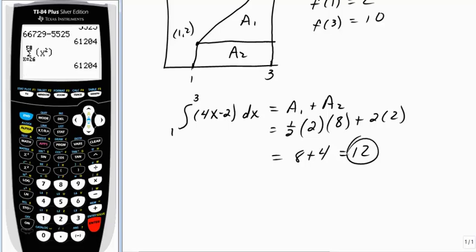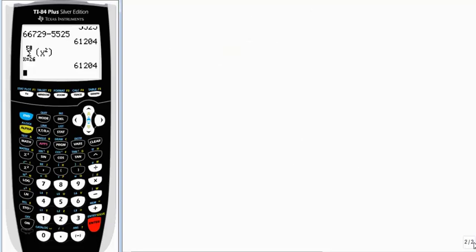One last problem here, and if you're good with this one, you should be in fantastic shape. I want to do another Riemann sum, but with this one, it's quite a bit more challenging than the last. It's one that we could not do geometrically. We have f of x equals x squared plus 7x. And guys, I want us to find